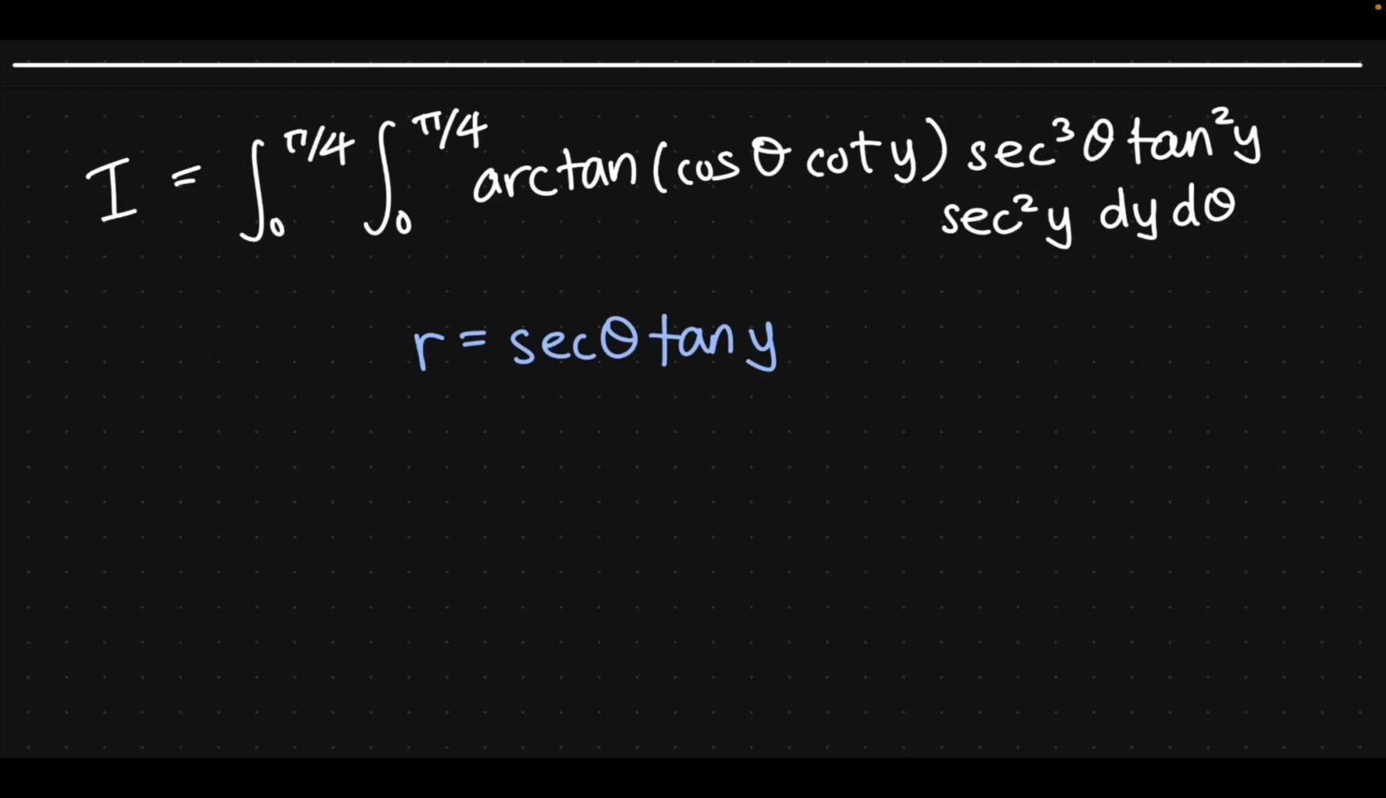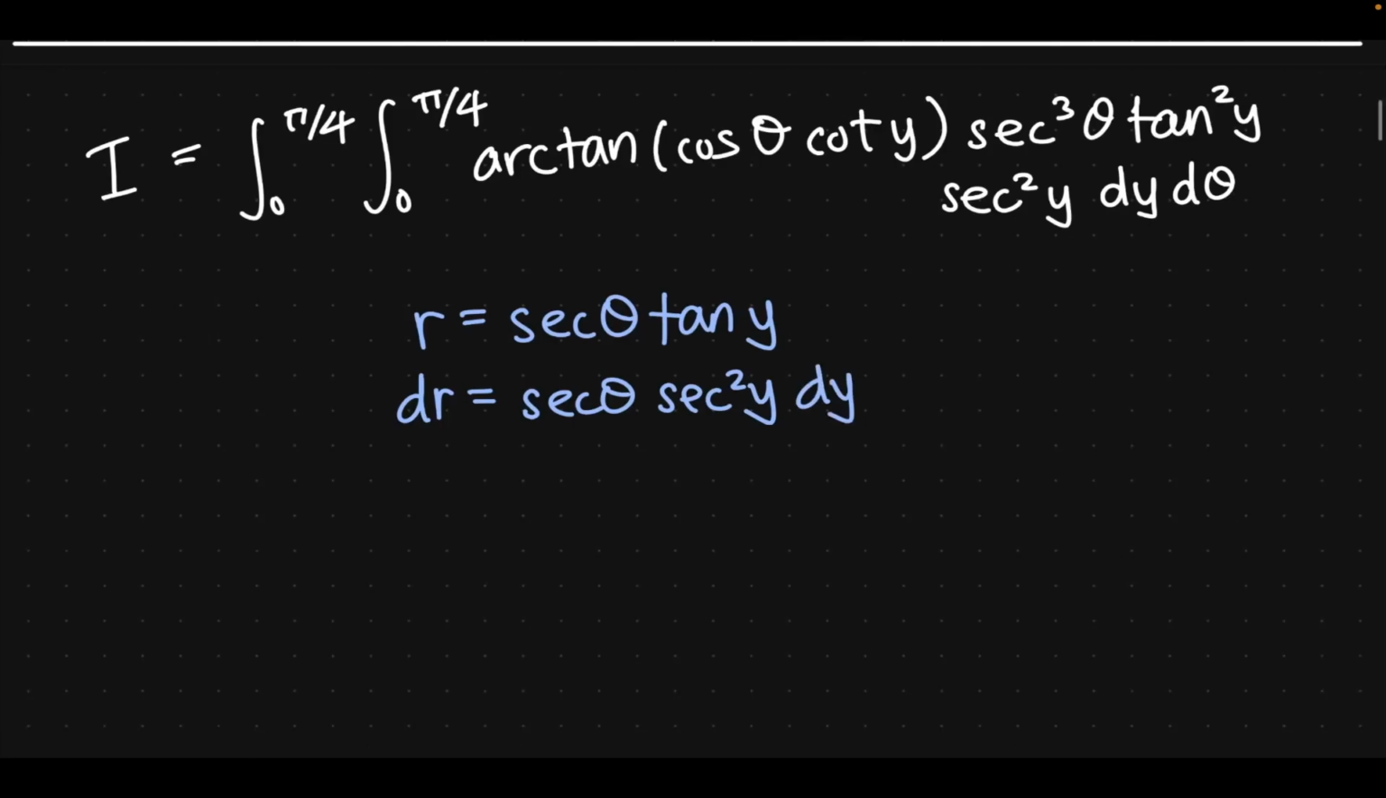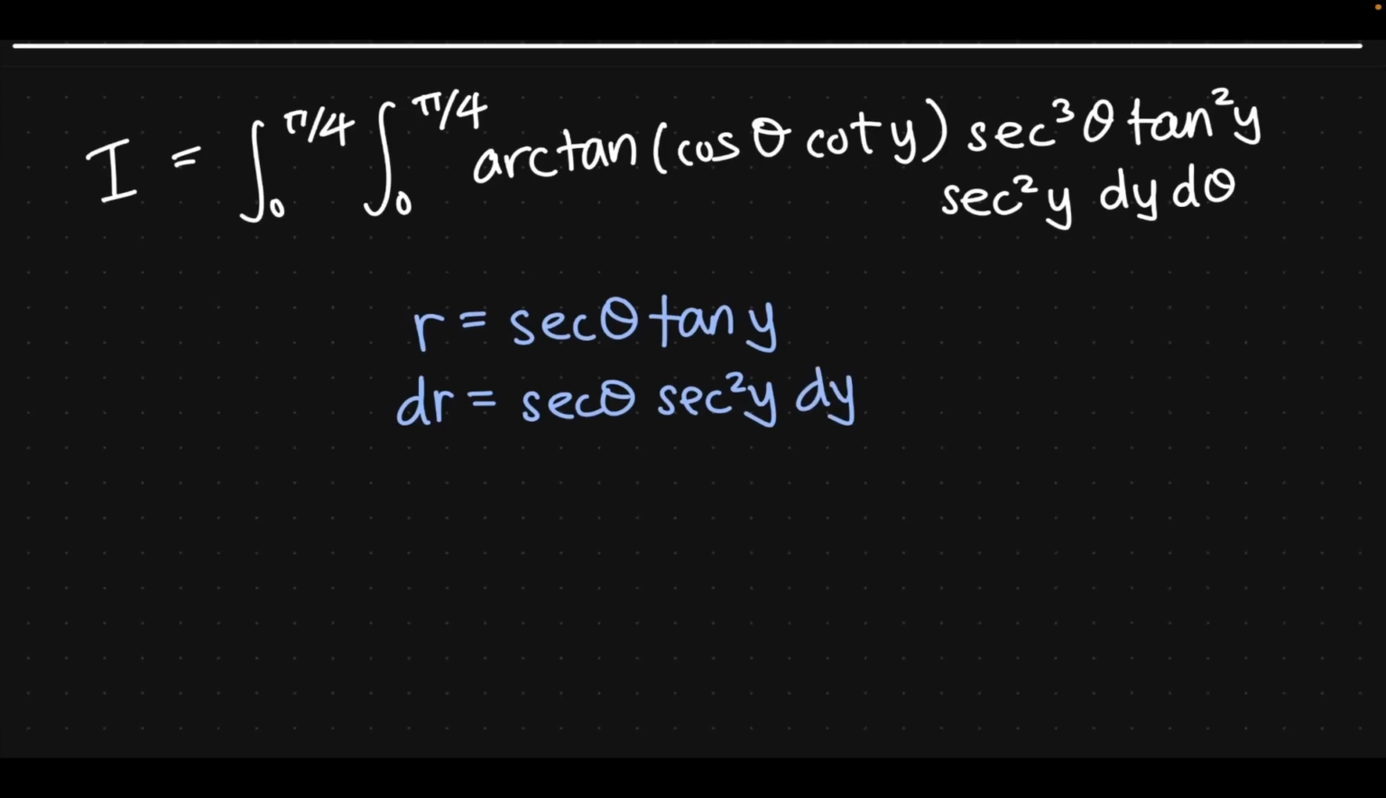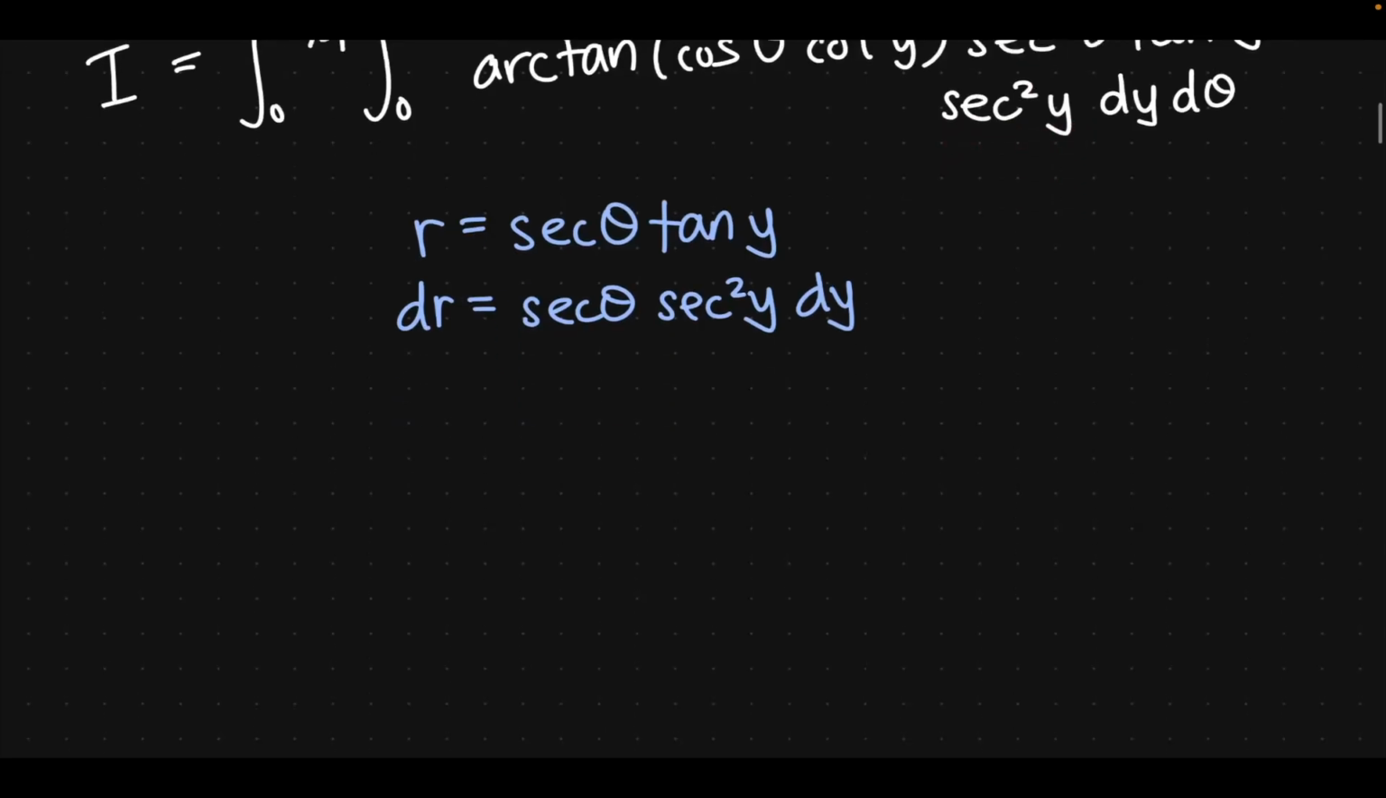not just because we notice, but also when we take the differential, and this is a substitution in y. So theta will be treated as a constant. dr is secant theta secant squared y dy. We justify this substitution because we see a secant squared y, and we have to match the antiderivatives as much as possible. So we have a secant squared y, and one secant from here will mean we have